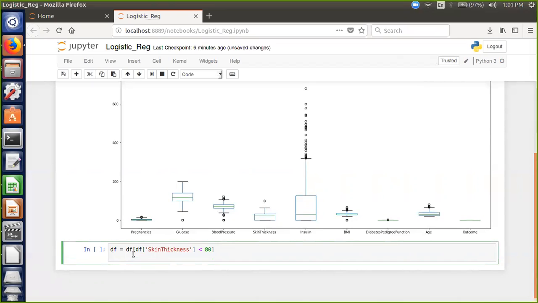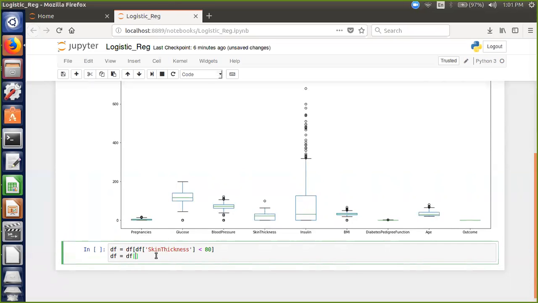What this line indicates is that we'll now have only those rows in the data frame which have skin thickness less than 80. What we have estimated over here is that this value is approximately greater than 80. So we will remove this,